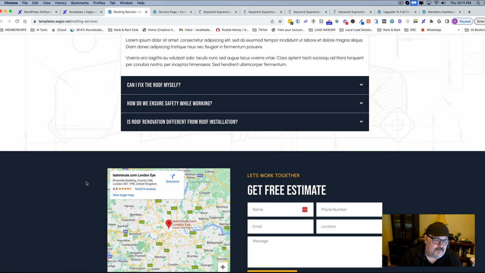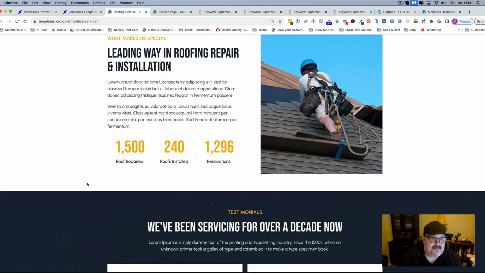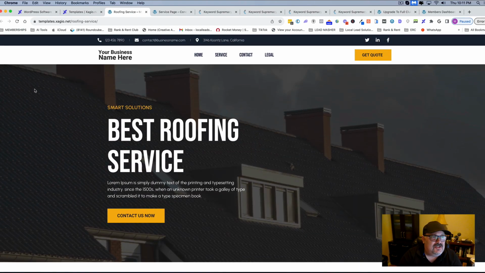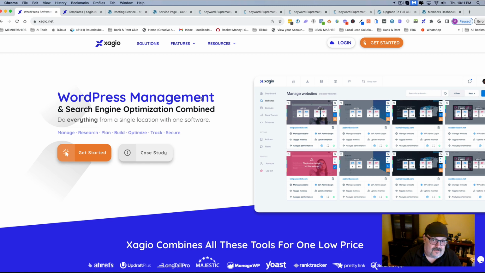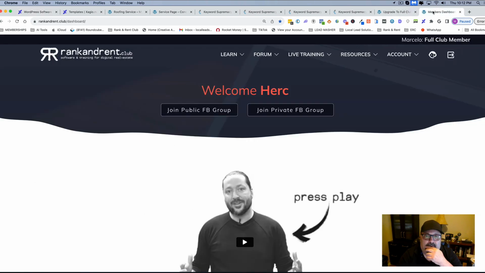So you get the keyword research, the grouping and clustering function, and then you can actually build it out on the site. You can get Xagio itself, and it has the other stuff with it. But if you want the template and all that, it does include that. Realistically, what you want is to get some training with it. It's called the Rank and Rent Club. I'll put a link in the bottom here. So you can get Xagio by itself, or you can get the Rank and Rent Club, which comes with the training. I totally advise getting this.